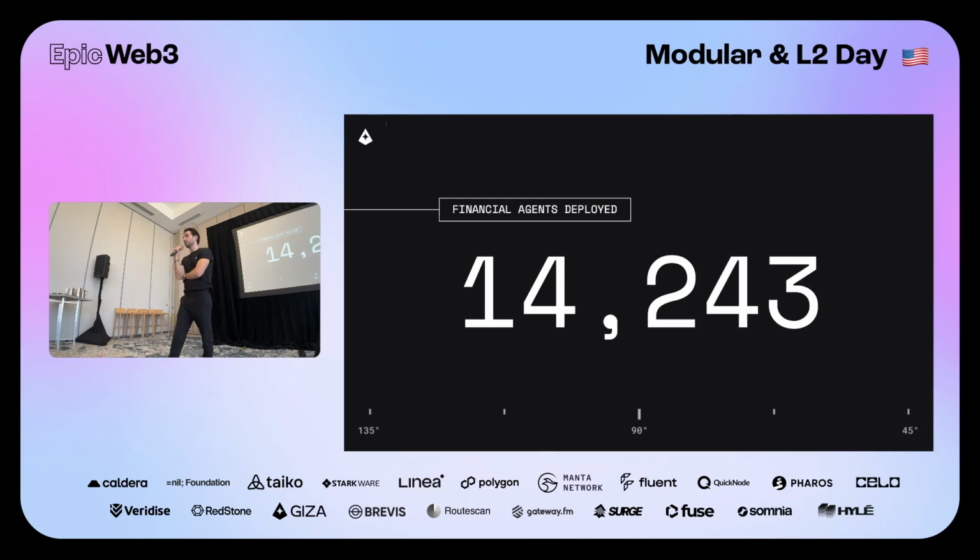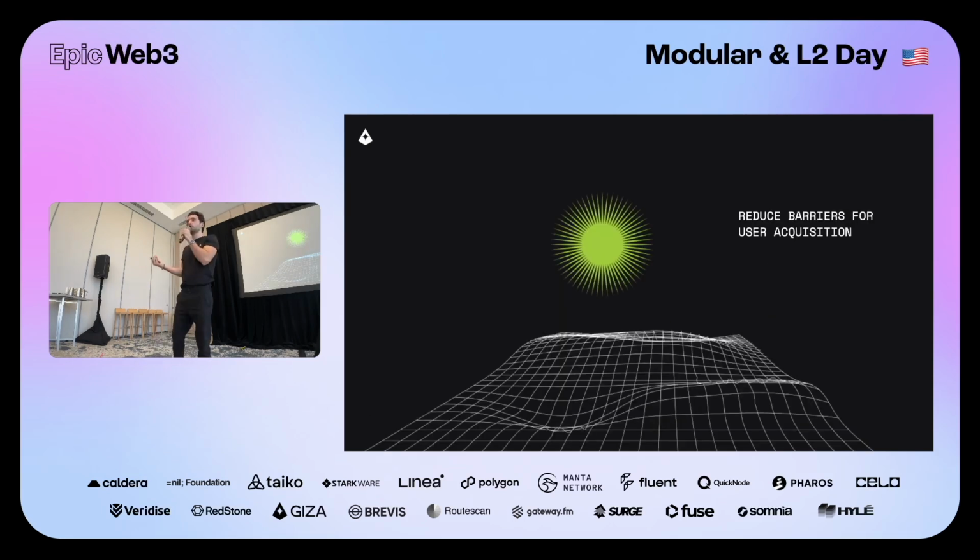The third number is we have over 14,000 financial agents deployed right now on Base. This is one-to-one with our user number, because every single person gets their own Arma and gets their own Giza agent. What does this number tell us? This number tells us that we can reduce the friction in user acquisition for L2s by miles by providing a